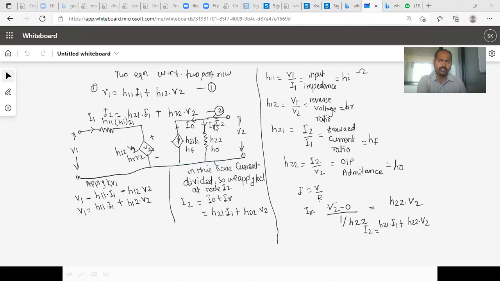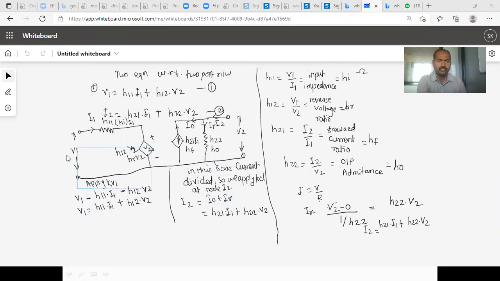Now to check whether the circuit is right or wrong, here we apply KVL and there we have to apply KCL. Why do we apply KVL here? Because this is related to the voltage, and this is related to the current, because here the current should be divided. This is the I2 current, here one current is going, here is another current. We have considered them as IR and I0, to check whether whatever we have drawn is right or wrong. We have seen the calculation of the same in the earlier lecture, right?